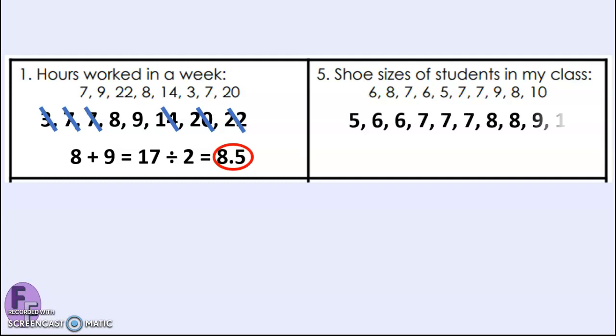List the numbers in order from smallest to largest. Cross off from both sides until you find the middle. Again, we have 2 numbers in the middle. Add them together and divide by 2. Your median is 7. You're going to finish these problems